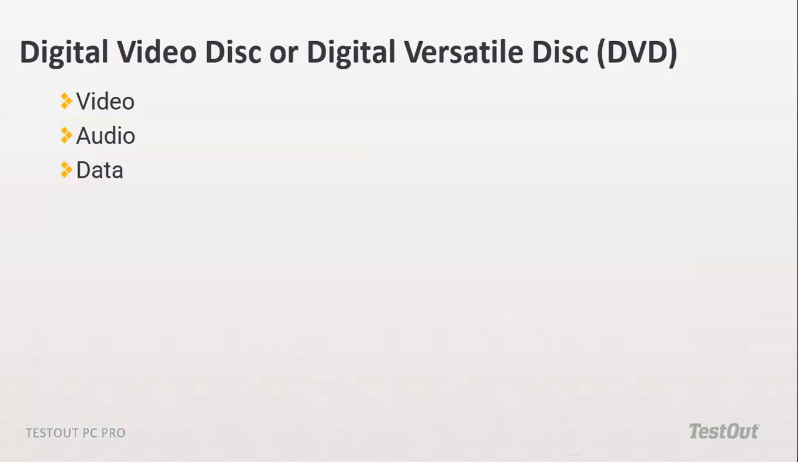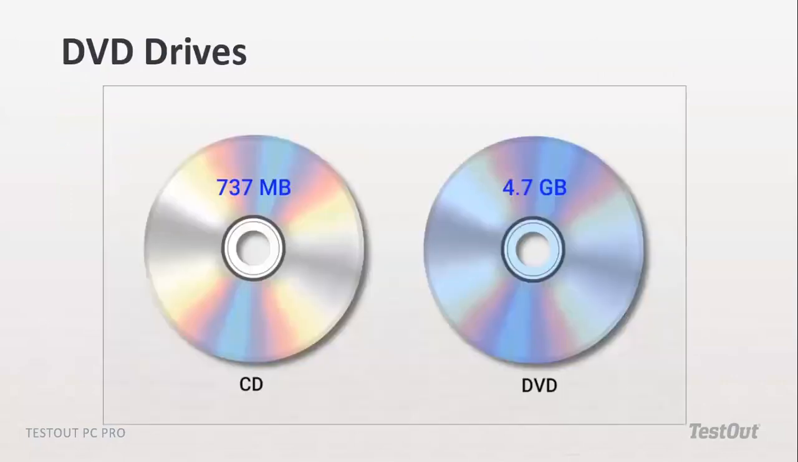DVD has a storage capacity of 4.7 gigabytes, as I said previously. And if not for the purpose of compression, that amount of movie cannot enter in a CD. So if you find a CD that has a lot of movies, definitely that should be a DVD. So as you can see here, that is a DVD, that is a CD. CD has 737 megabytes in capacity,